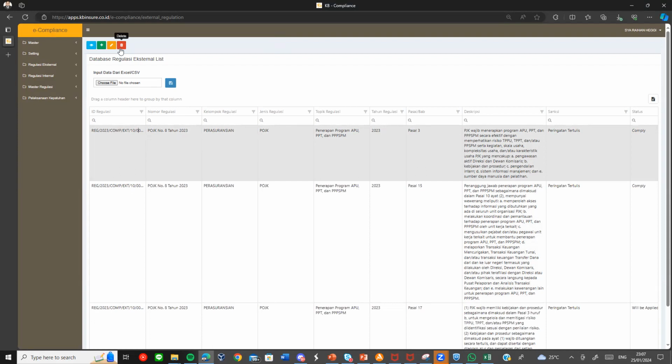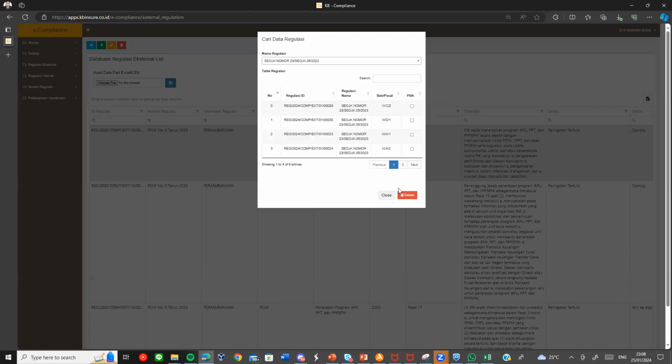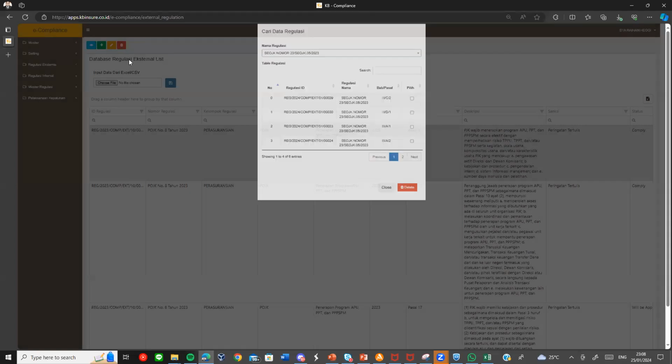And maybe if we talk about the compliance data, if we input the data there will be many regulations at once. We need to delete the data. So I created the delete button using this method. So showing the modal and searching by the data, and the user can select the entries there.